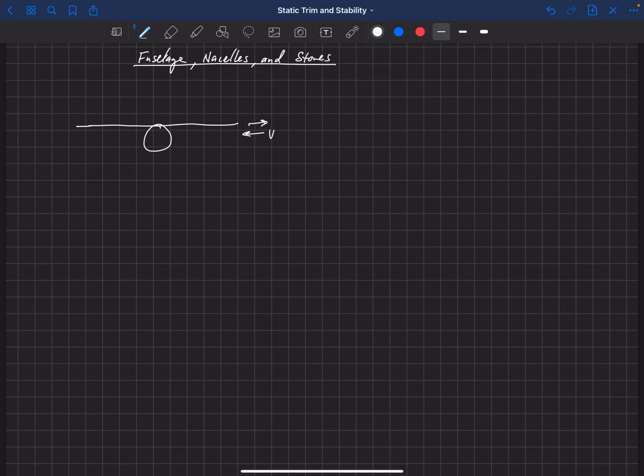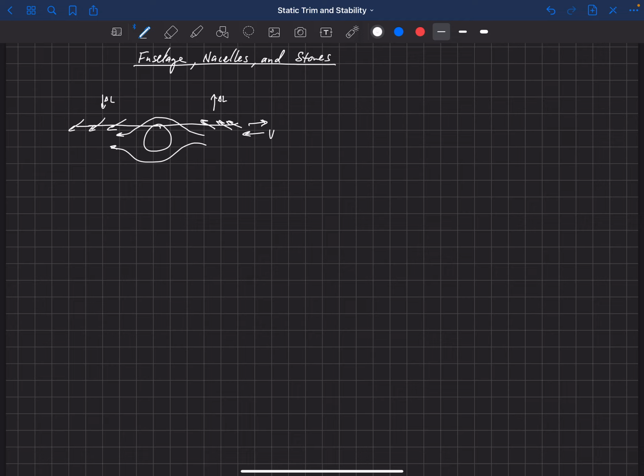And so if we were to just draw streamlines of this flow going around the fuselage here, we see that on the right-hand side of this aircraft, we get some component of flow that increases the angle of attack on the right wing, and we get some component of flow that decreases the angle of attack on the left wing. And so that, of course, creates an increase in lift on the right-hand side and a decrease in lift on the left-hand side. So this would be a change in lift due to that side slip.